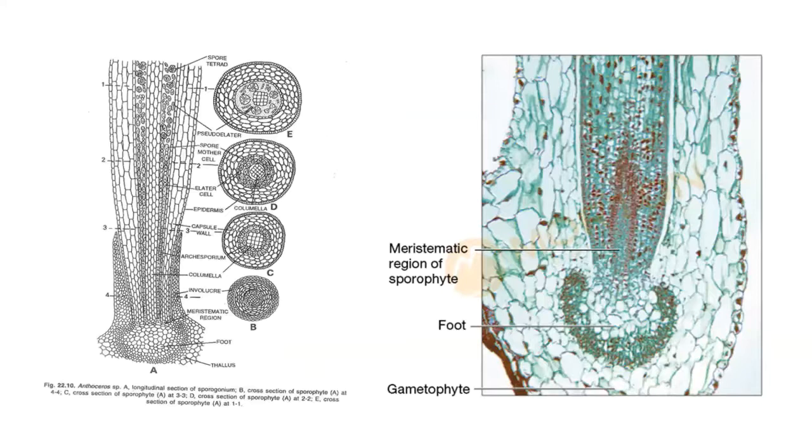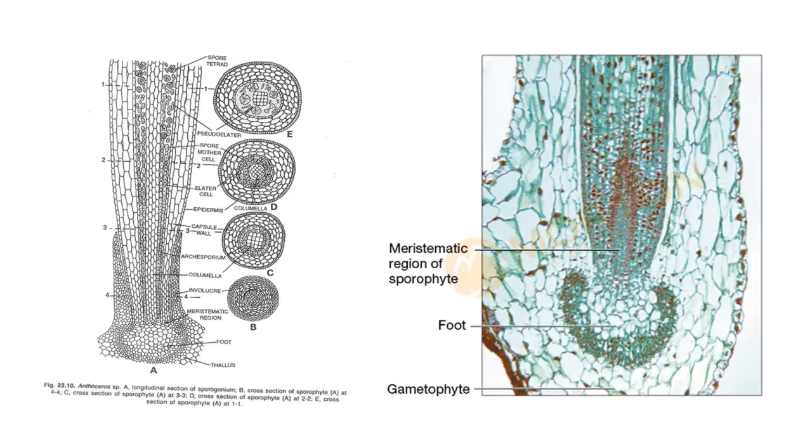And for the internal structure, I've got a diagram, and on the other side, you can also see there is a slide. In fact, it's a photograph of an internal structure which is seen under microscope, and you can compare it with the diagrammatic presentation of the same on the other side. So this is the internal structure we are talking about, and for internal structure we need to take the vertical section, VS, of the sporophyte.